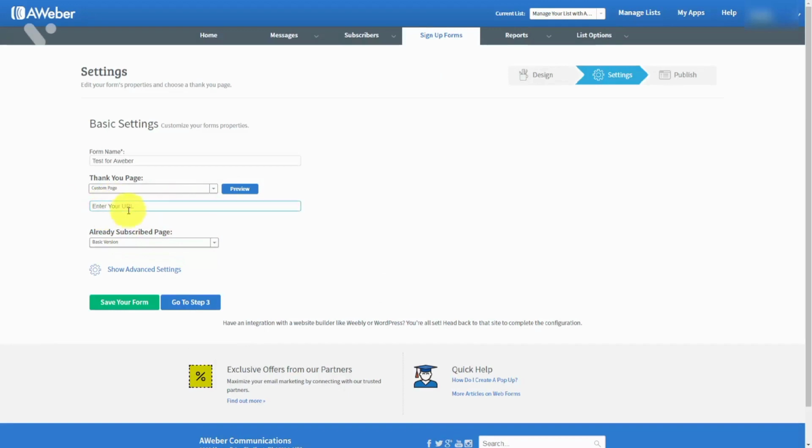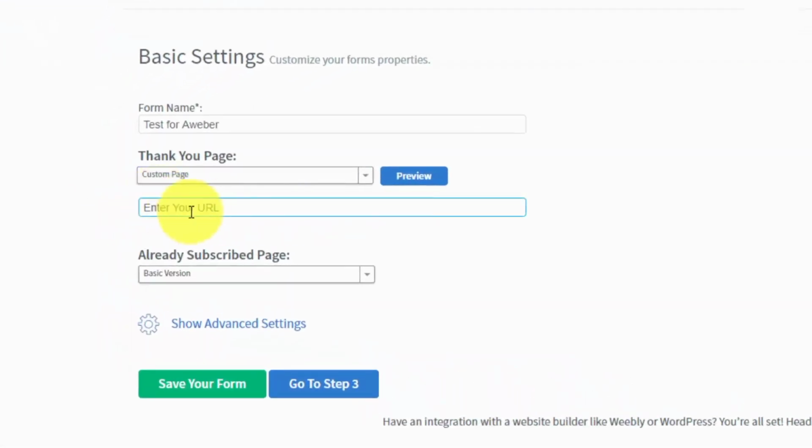So if you want to customize your thank you page, you can actually make it so that your customer will then see what you want them to see. Now remember, the most important part to this is that they go and confirm their subscription. This is not going to be the place where you want to do any marketing, with the exception of using your logo